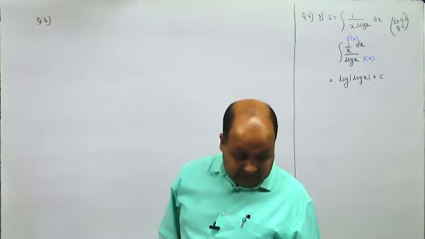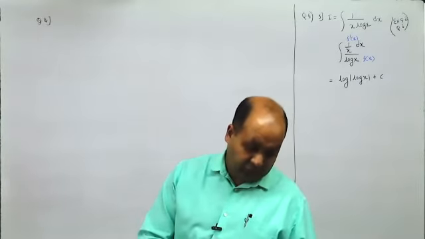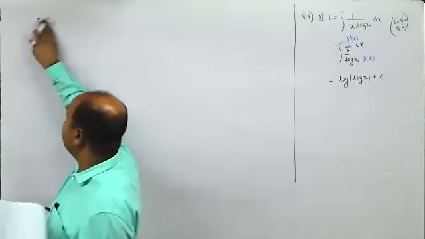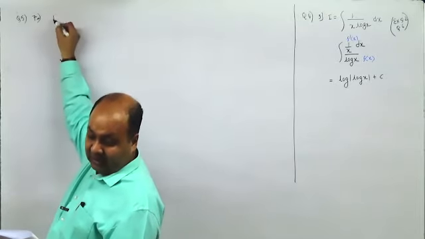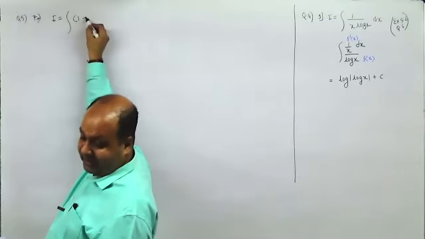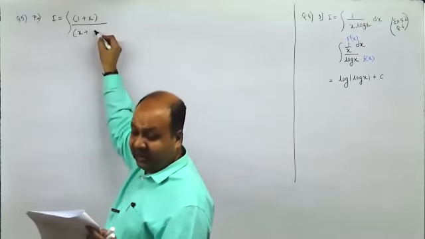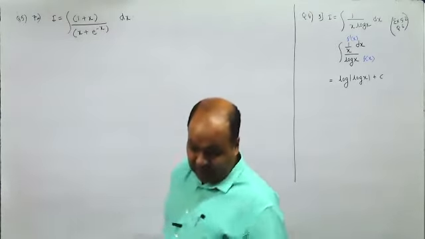So here, next one. This is question number 5, the seventh part. I equal to the integral of 1 plus x upon x plus e raised to minus x dx. Here,